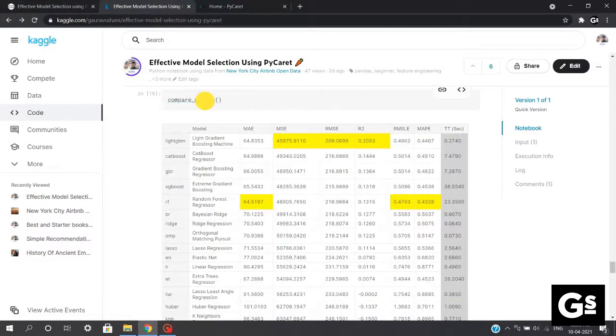Once we are done executing this compare_models step, we'll be getting this table as an output, and we can see that LightGBM, that is light gradient boosting machine, has resulted as the best model for our dataset. Also we can see various models compared with each other. Also considering only MAE, RMSLE and MAPE scores, it shows that random forest works better. So it depends on the application and use cases we want to focus on. If I am working on a use case where my focus is only the RMSLE score, that is root mean squared log error score, then probably I will prefer random forest over LightGBM.